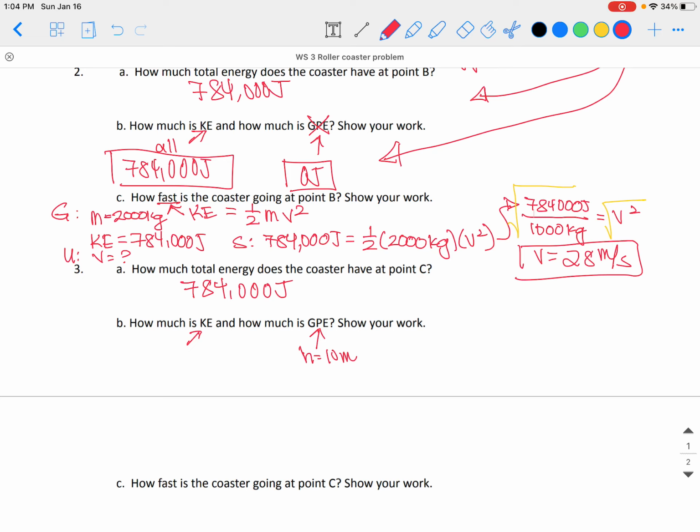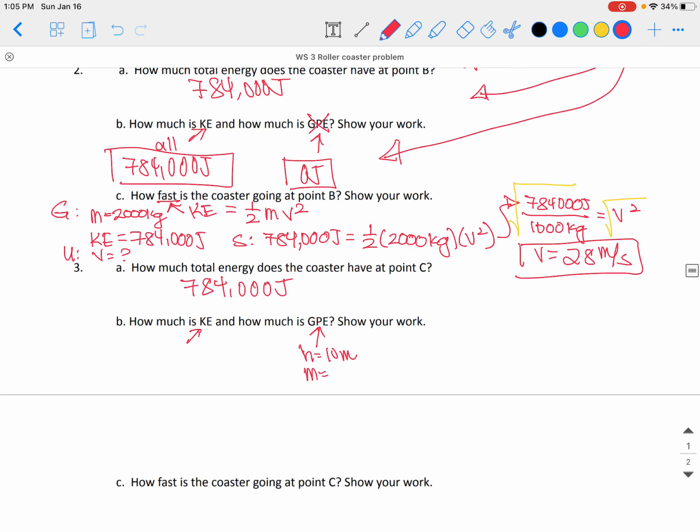There's some velocity there. We need to add these two together to show that it equals 784,000 joules. So what we're going to do is we're going to solve for gravitational potential energy first. The reason why is because we have enough information. We know the height. We know the mass is 2,000. And we obviously know gravity is equal to 9.8 meters per second squared. So we can do this calculation of gravitational potential energy,